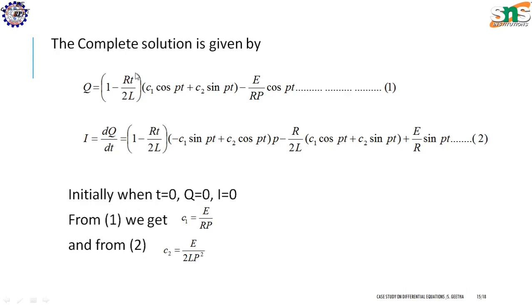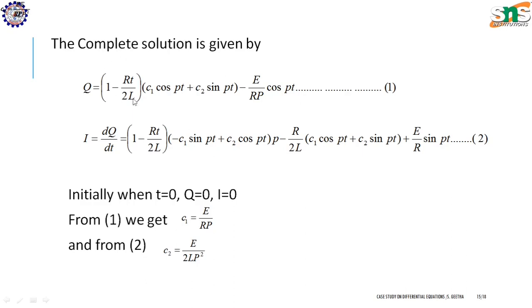Next, the complete solution is given by Q is equal to complementary function plus particular integral. The complementary function is 1 minus Rt by 2L into C1 cos pt plus C2 into sin pt, minus E by Rp into cos pt. Keep this as equation 1. Now we are supposed to find I. I is nothing but the rate of change of charge with respect to time. Here we are going to use the UV formula. So keep U fixed, differentiating V we get minus C1 into sin pt plus C2 into cos pt into p. Then keep